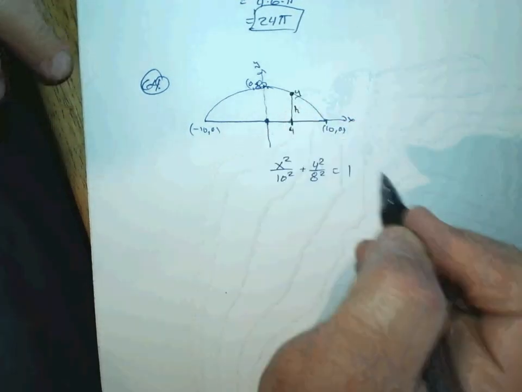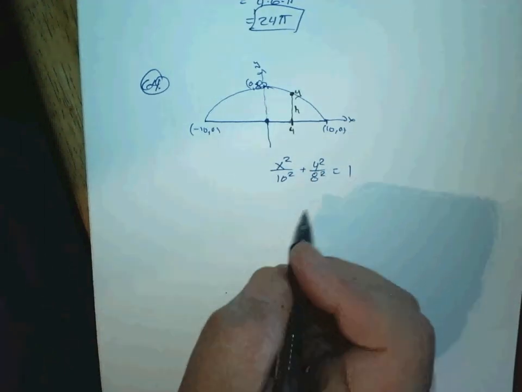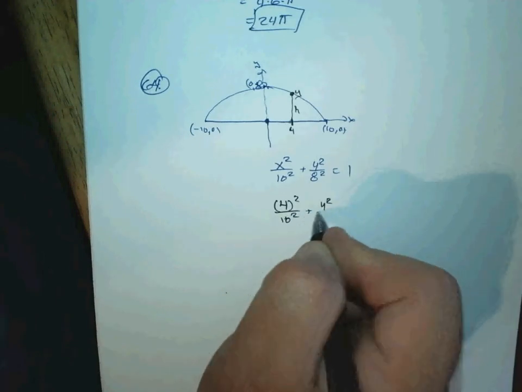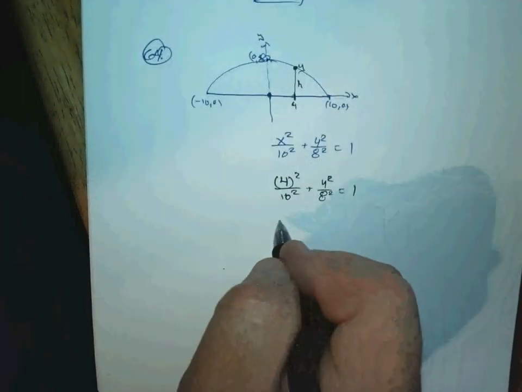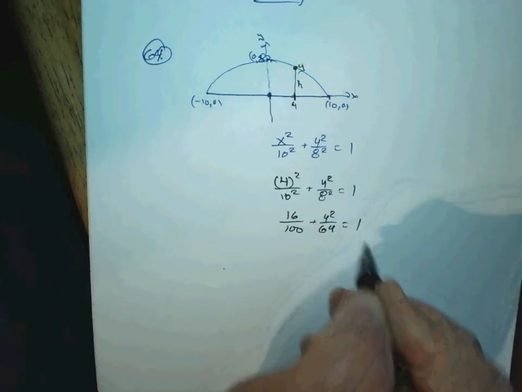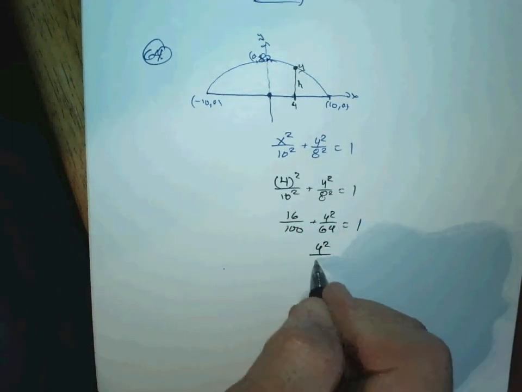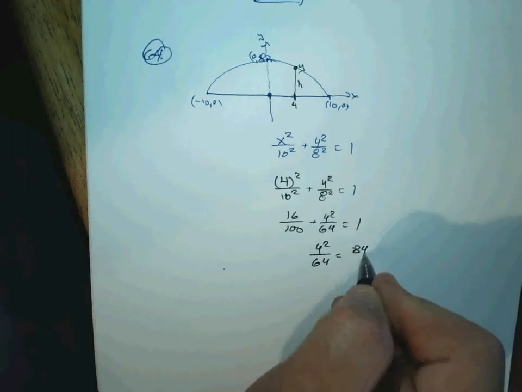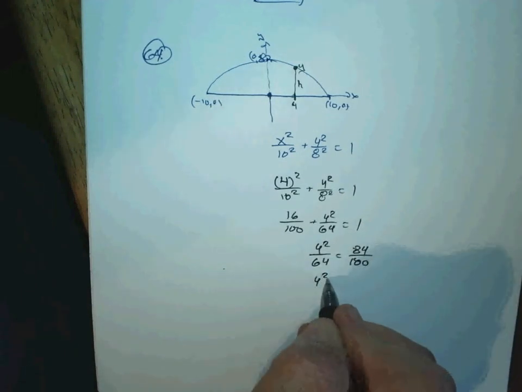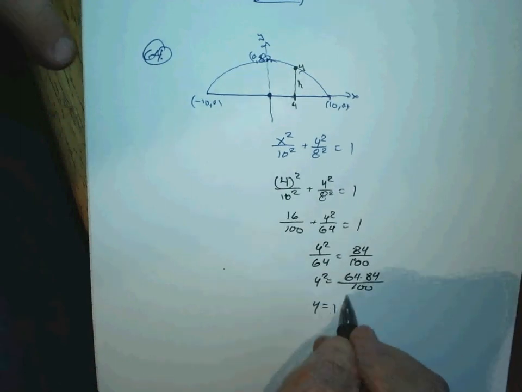Okay? And now the question that you're being asked is, if we were to go, let's see, 4 feet from the center, 4 feet over, which may be about here, what would be this height? In other words, what's the y value there? Well, all you're really doing there is plugging 4 in for x and solving for y. So 16 over 100 plus y squared over 64 is 1. You subtract 16 over 100 from both sides. That leaves 1 minus 16 over 100 is